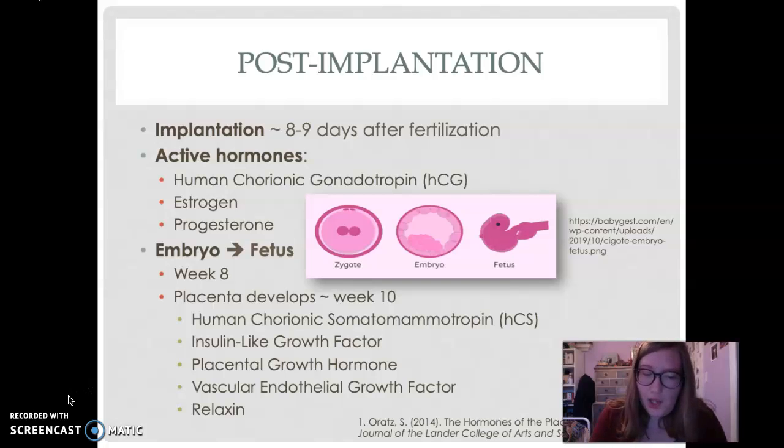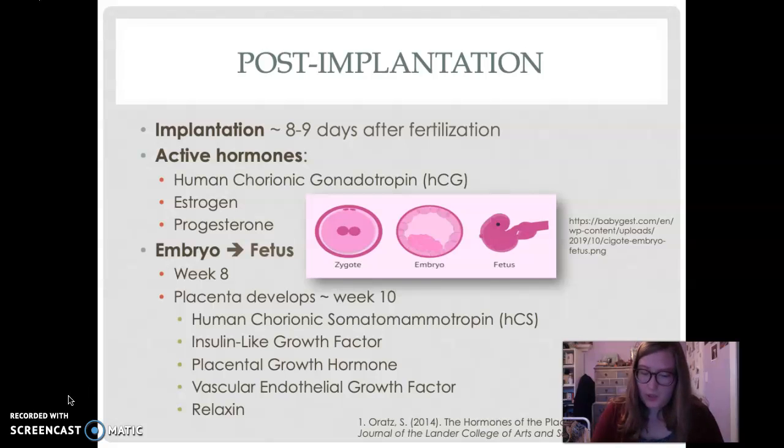It is after week 8 of conception that the embryo begins to be referred to as a fetus. The placenta develops soon after the fetal period begins, around week 10 after conception on average. The development of the placenta is a major turning point for hormonal control of pregnancy, as the placenta functions as an endocrine fetal-maternal organ. In addition to the secretion of progesterone and estrogen, the placenta secretes numerous other important hormones that protect the growing fetus.